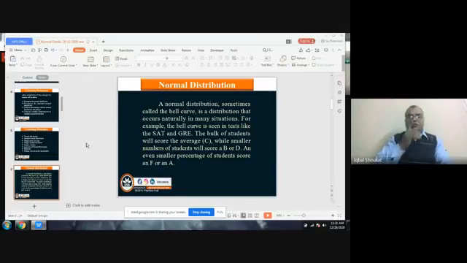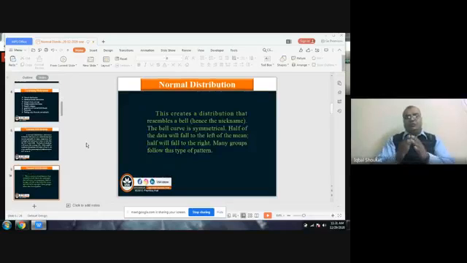As I told, the total area under the normal curve is 1. So we can say that 50% exists to the right side and 50% exists to the left side, or the 0.5 value exists to the right side and the 0.5 value exists to the left side. Then further, if we talk about the normal distribution, it creates a distribution that resembles a bell,